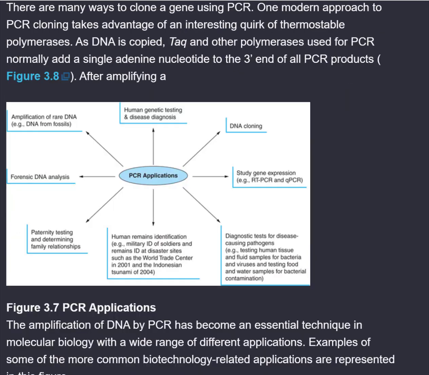There are many ways to clone a gene using PCR. One modern approach to PCR cloning takes advantage of an interesting quirk of thermostable polymerases. As DNA is copied, TAC and other polymerases used for PCR normally add a single adenine nucleotide to the 3' end of all PCR products. Figure 3.8. After amplifying a